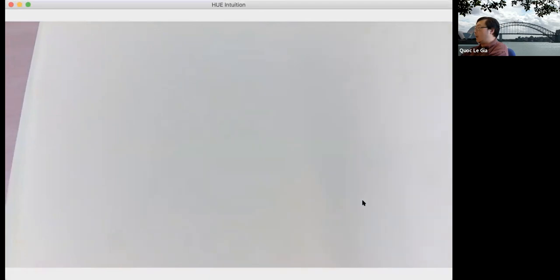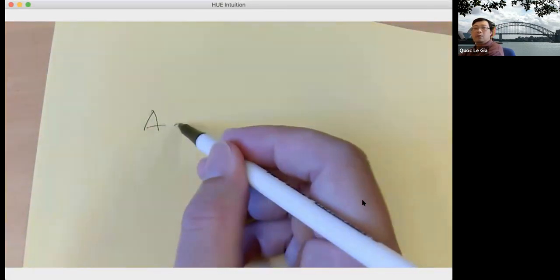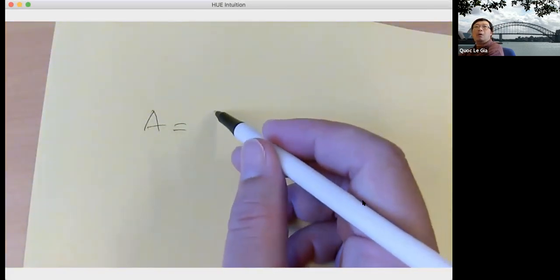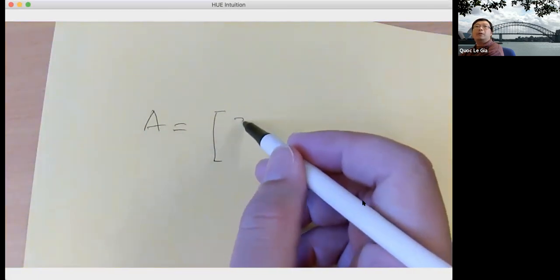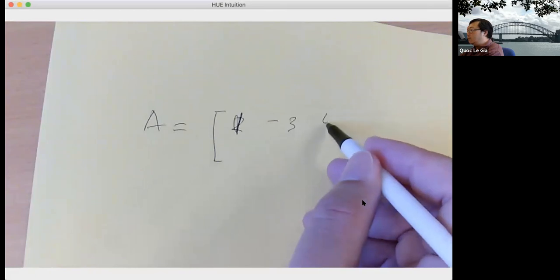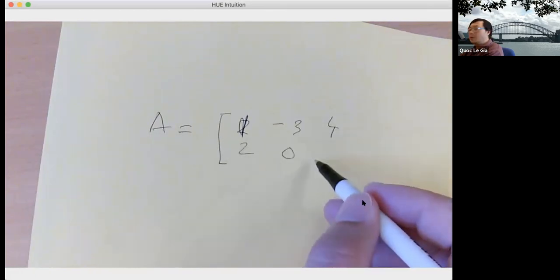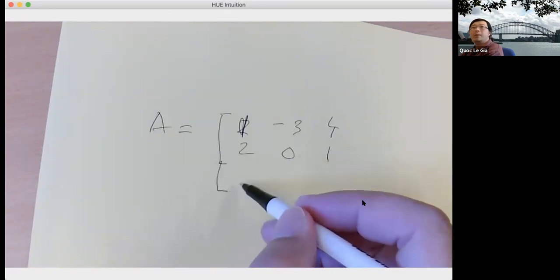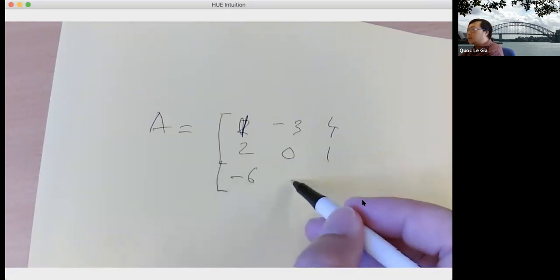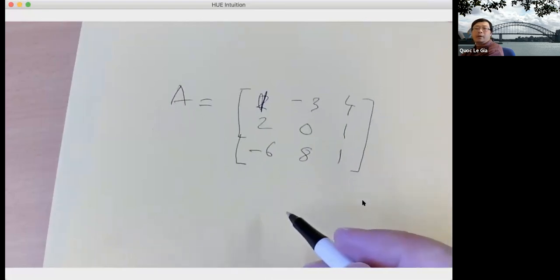Now suppose I have A equal to 1, minus 3, 4; 2, 0, 1. So this one is a 3 by 3 matrix. Minus 6, 8, 1. Yeah. Then